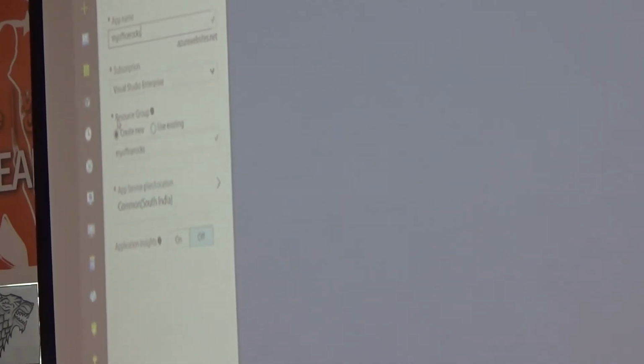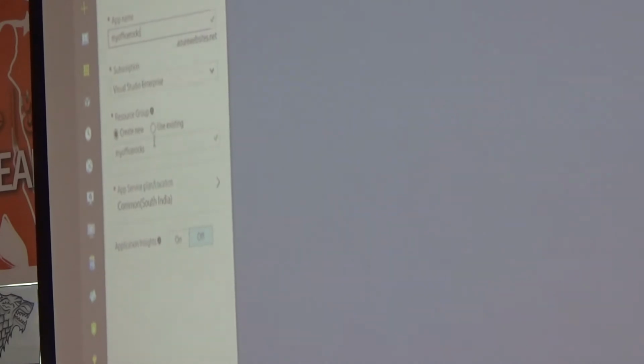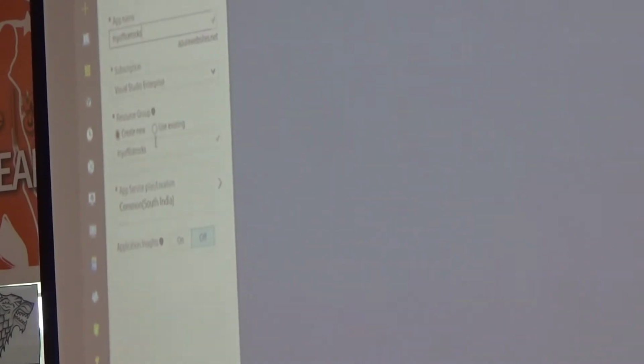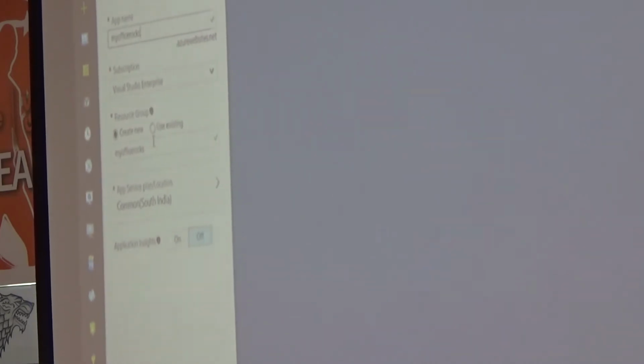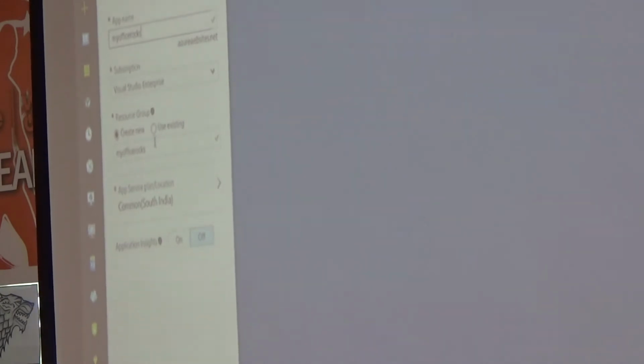Anytime you are creating a website, always go with a new resource group, especially when you are showing demos or tests. It is really easy to delete them later. Okay? A resource group is like a folder. So everything that is needed for this website, I'm putting in that folder. If I create a database, firewall rules, or a graphic controller, all Azure resources I can put in a resource group. So it's easy to manage them together.